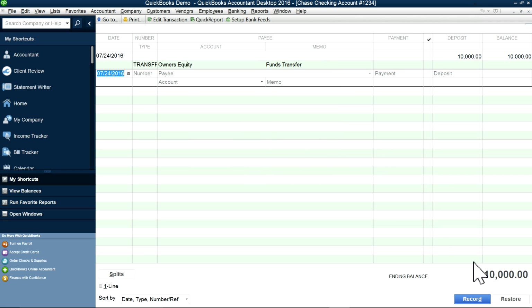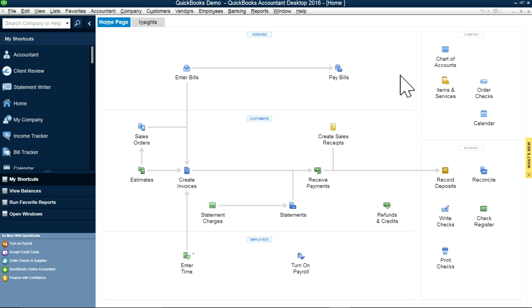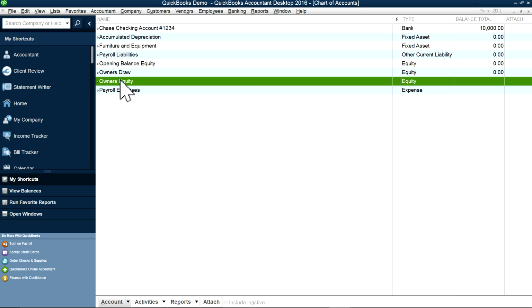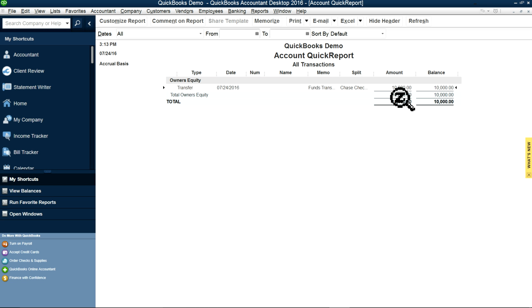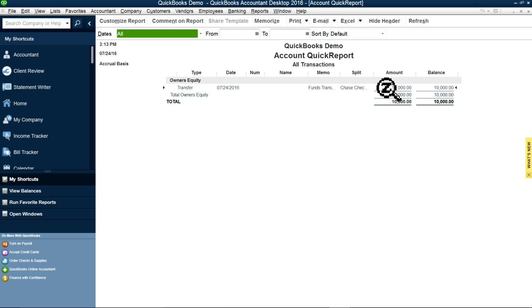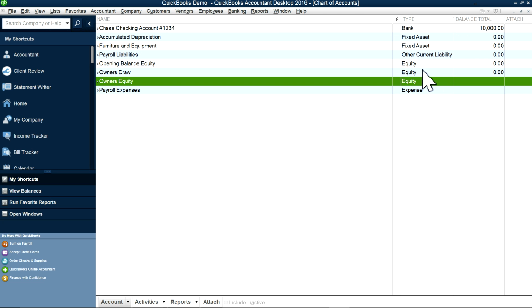Okay, so now you have $10,000 balance in there, right? So if you go to chart of accounts, you will see $10,000 in here, right? All you have to do is just double click it. It will give you quick transactions and you have $10,000, right? Okay, so now you have $10,000 in your bank account, $10,000 in your equity, and at this point, let's say